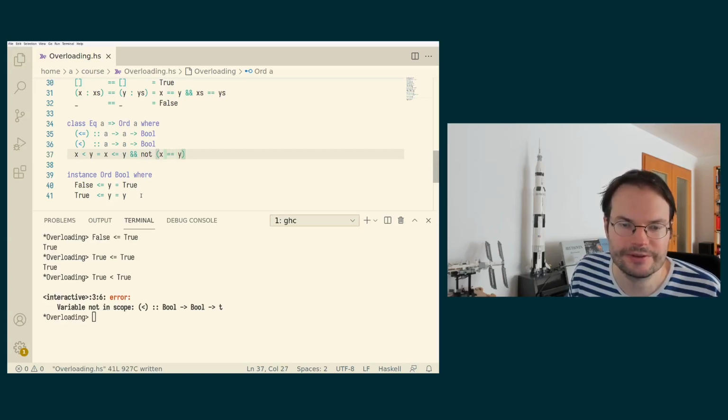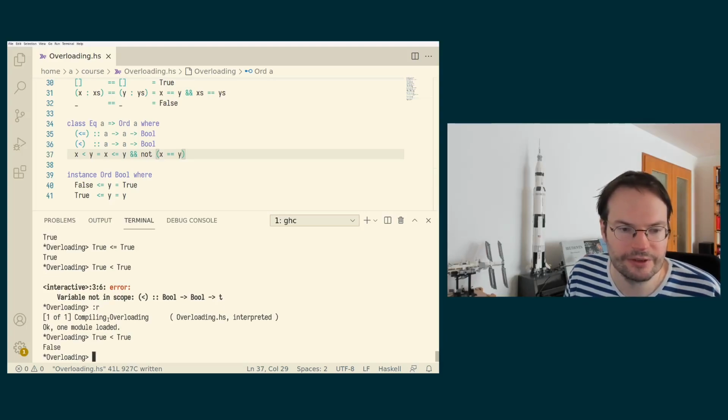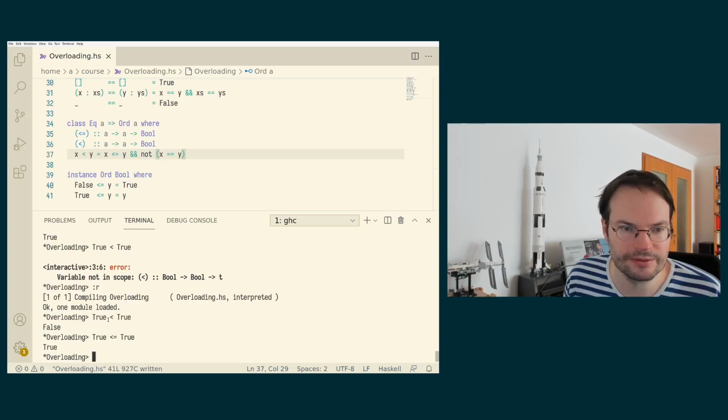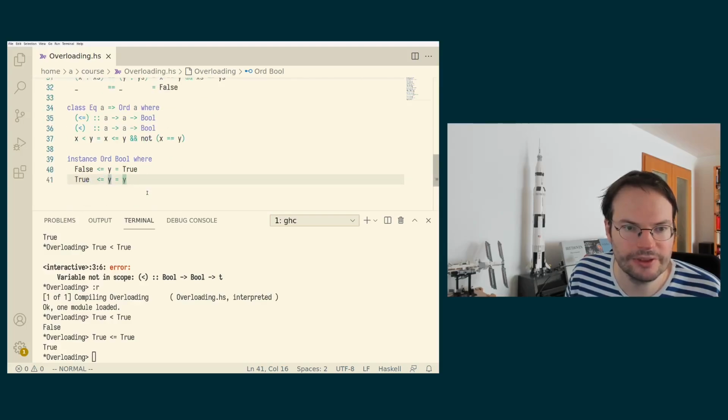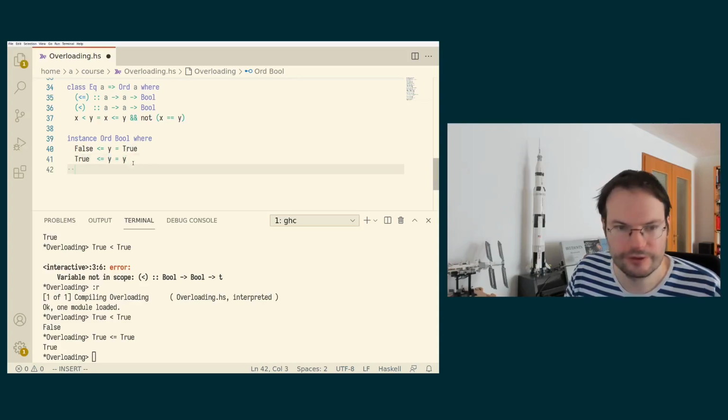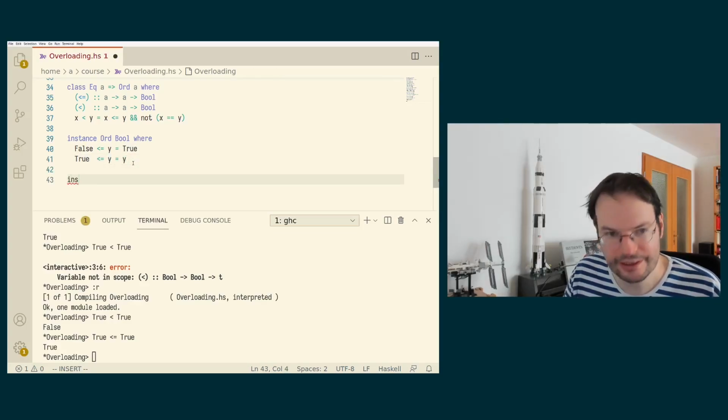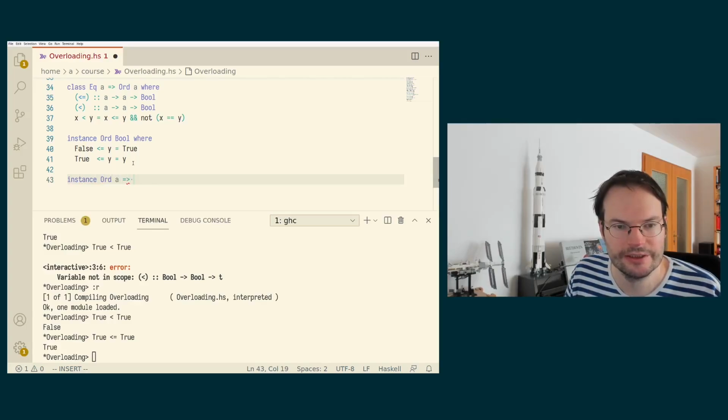And we can use equals here now even in the default definition because Eq is a superclass. Right, so that is allowed to us. And then if I reload and ask whether True is strictly smaller than True, then I get False, whereas it is still less than or equal to True. If I start making my own instance of Ord for another type, for my own Ord class, if I, for example, define an instance for Maybe a, if I have an Ord instance for a,